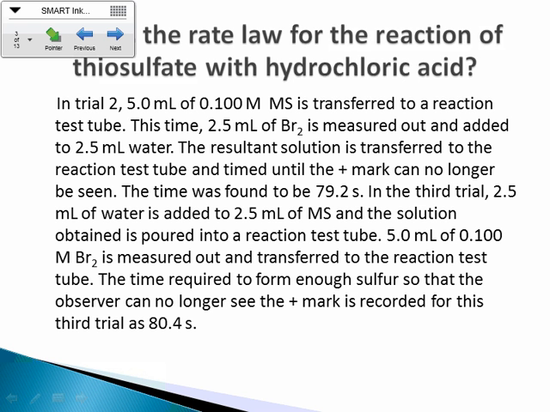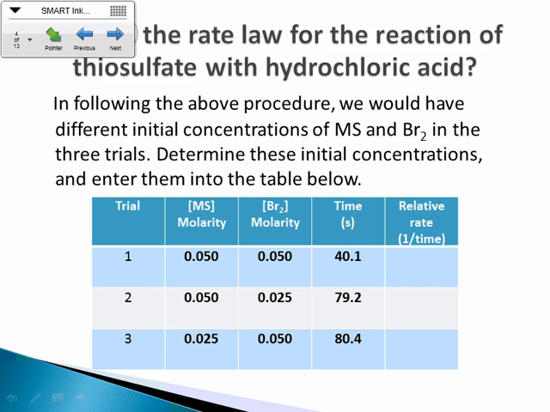So now we have basically designed an experiment where we've measured what happens to the rate when we double the concentration of one of the reactants, and then what happens to the reaction rate when we double the other concentration, okay? So then we can tell what the order of the reaction is going to be for both of the reactants, and then we can write a rate law. Does that make sense? So we're basically doing experimentally what you have been analyzing on data tables for this unit,